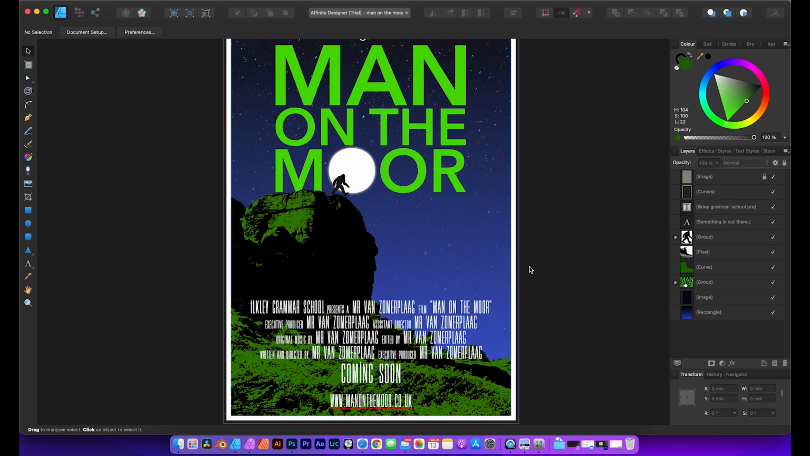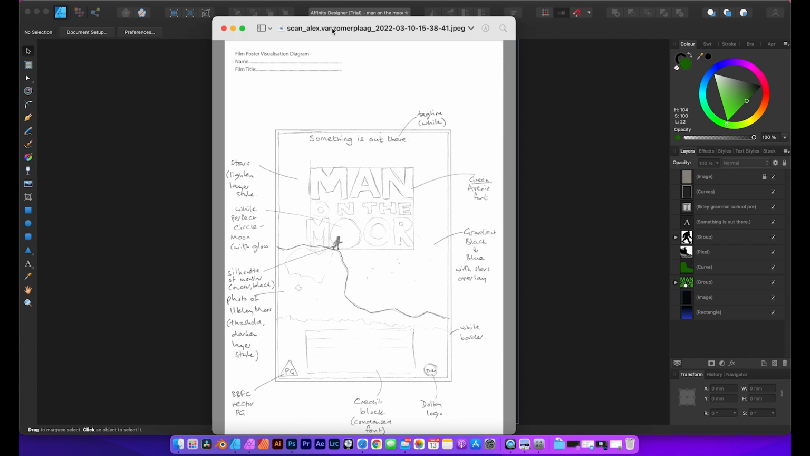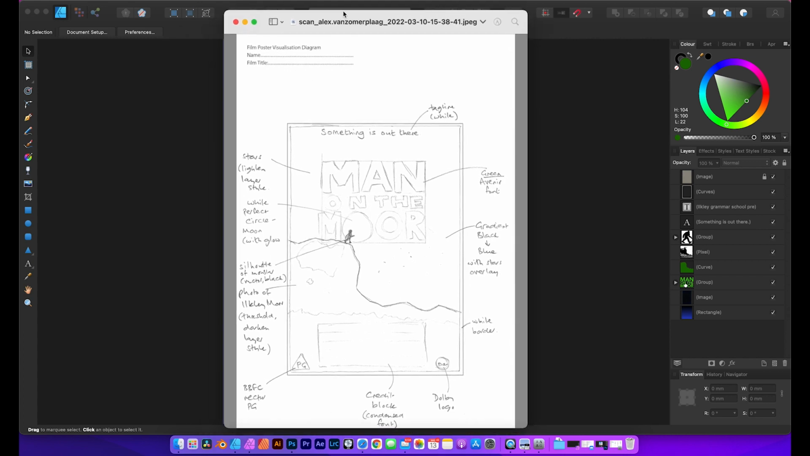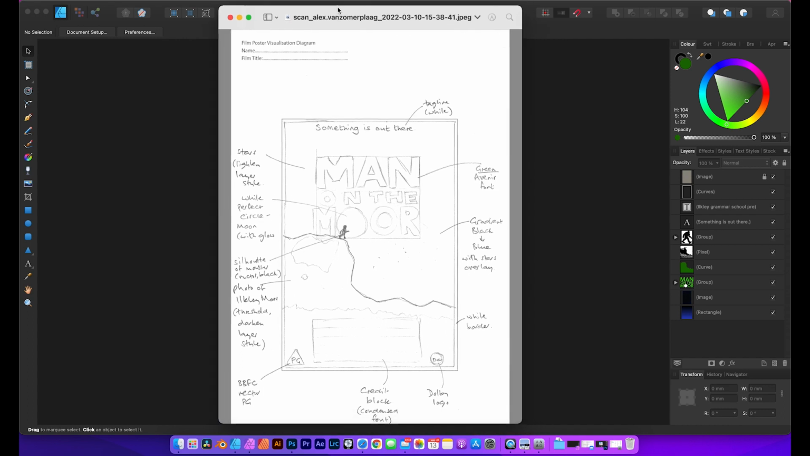Hello and welcome to tutorial number 2. In this tutorial I'm going to show you how to set up a new page in Affinity, and I'm also going to show you a couple of simple tools and processes that you can use in Affinity to start building up and creating graphics. So I thought I'd start by showing you the visualization diagram that I created for my